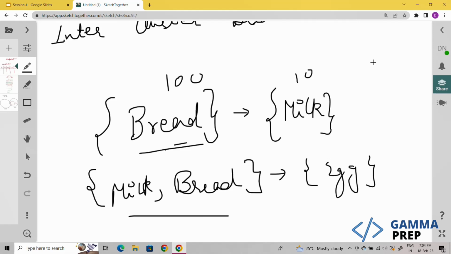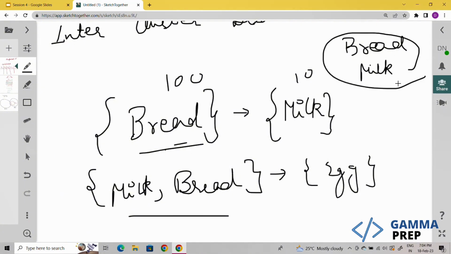I can also create combos of bread and milk, that is, put bread and milk as a combo and just have maybe a discount of 1 rupee there, or maybe have some lucky draw, or put some offer essentially. So since people would see that, hey, I obviously am buying, I want bread, but I might need milk also. So they are going to take your combo and it is going to enhance your sales.